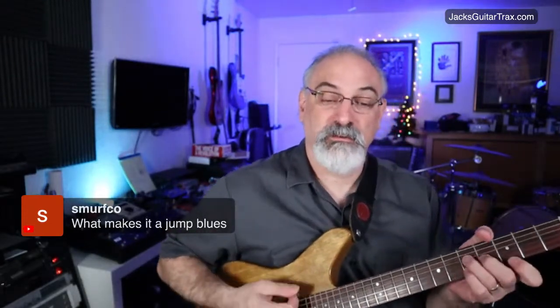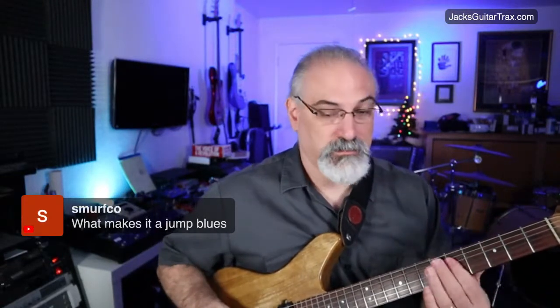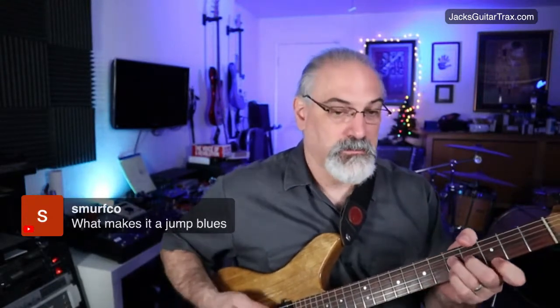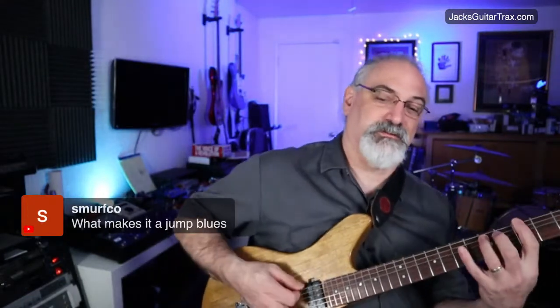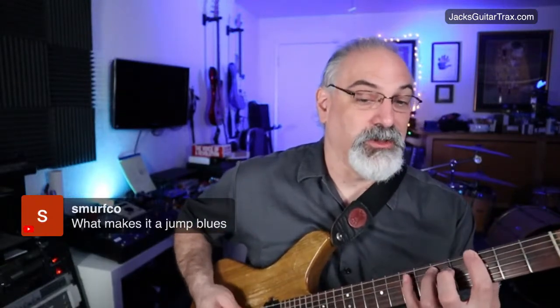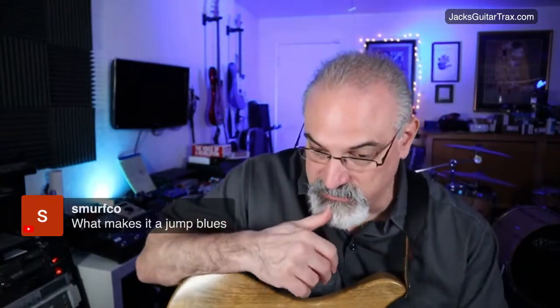There's a couple elements that make it a jump blues. One of them is the chord progression usually has more of the jazz. The last 4 bars are more like a jazz tune. You end up playing more 6 and 9 chords. Versus that kind of blues, which is more like what we call a Jimmy Reed or a grinder or a lump, right? And you get into Chicago blues in the early 50s,